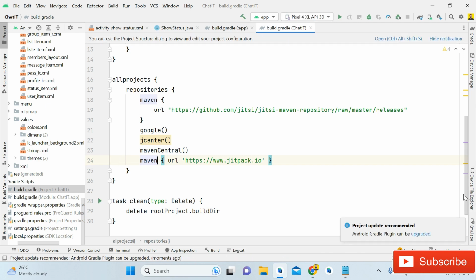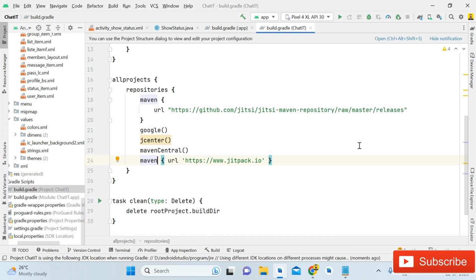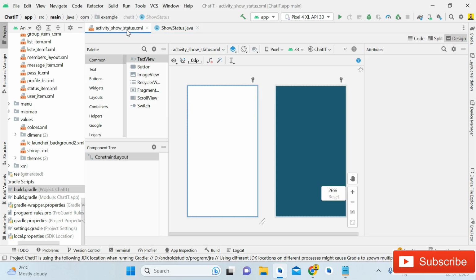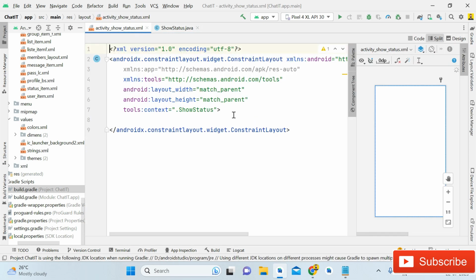So now you can see that Gradle build is successfully done. So now we will simply close this Gradle build file. So now it's time to create the layout file for the stories. Okay, so very first of all guys, you can see that we have a very basic layout by default,